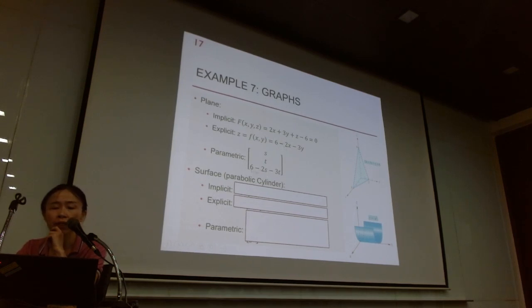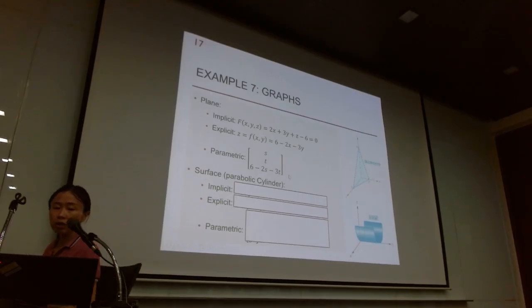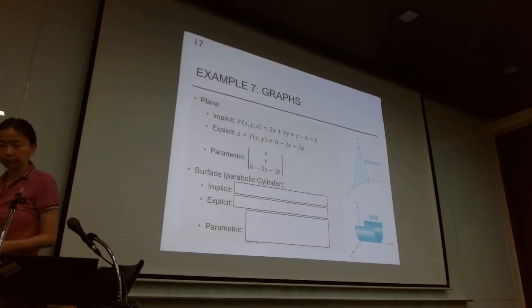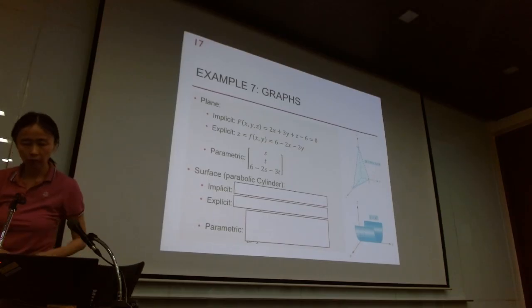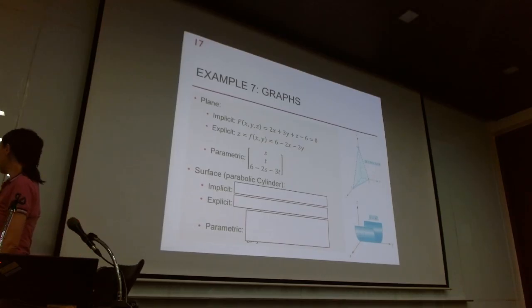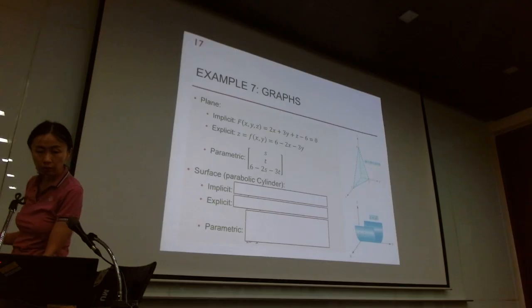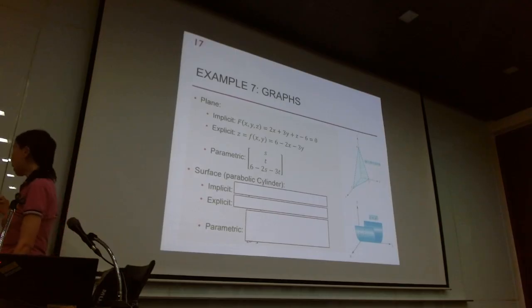But be careful with that. If I write x equal to 6 minus 3y minus z, divided by 2,